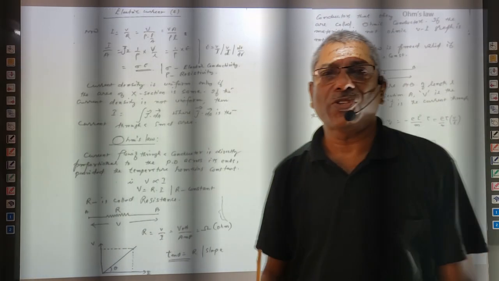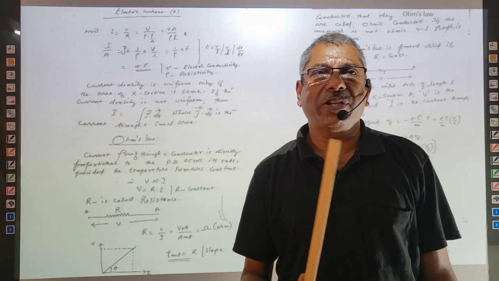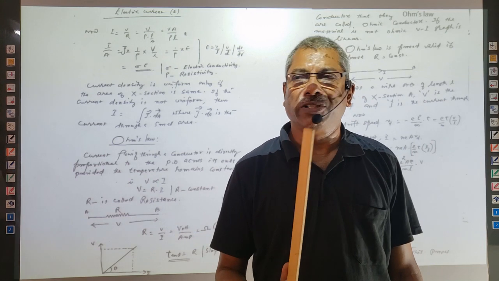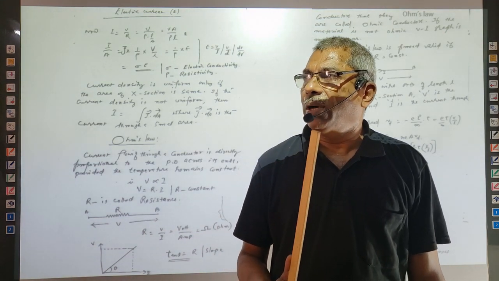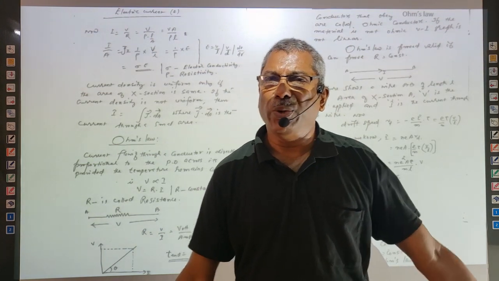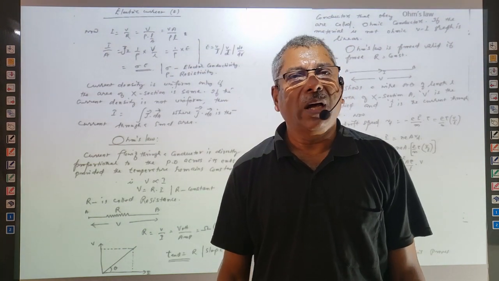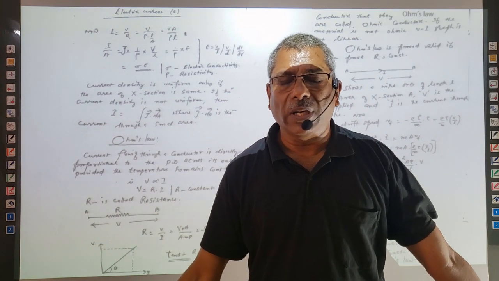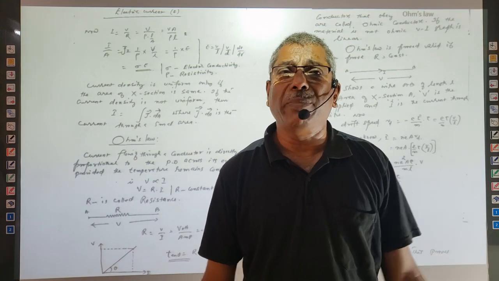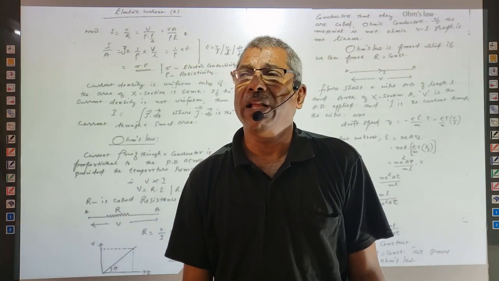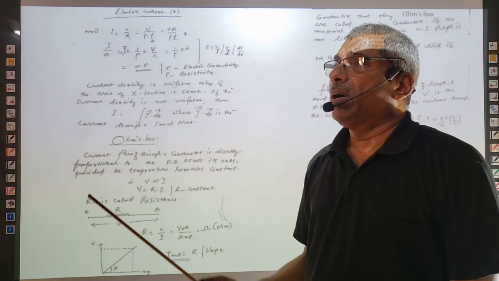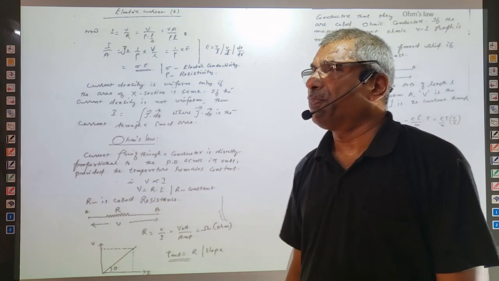Students, yesterday we came across current density. What is current density? It is the amount of current flowing through unit area of a conductor. If the area of cross section of the conductor is not uniform, current density is not uniform. Current through a conductor, if steady, may be constant, but current density may not be constant. That depends on the area of cross section of the conductor. So today we are coming to some relations related to current density.